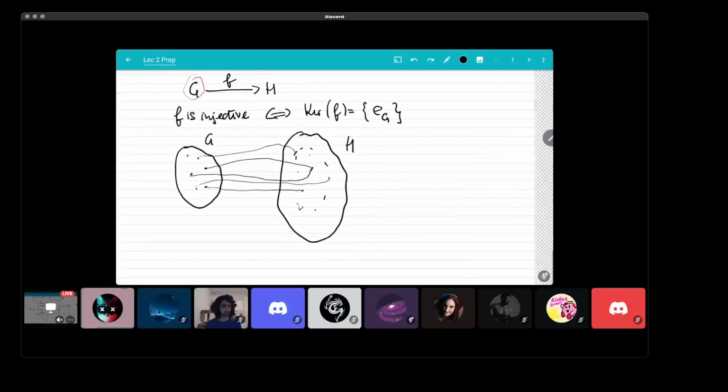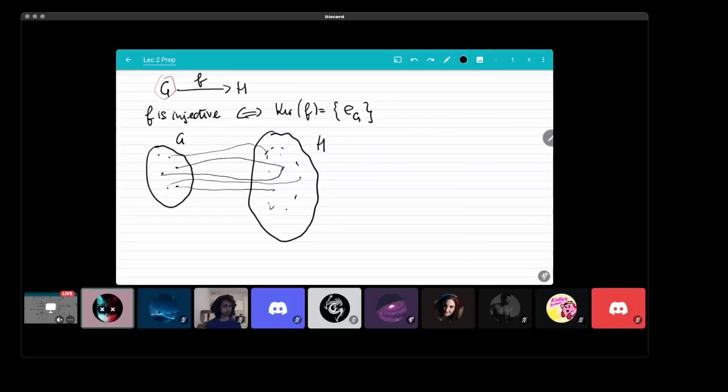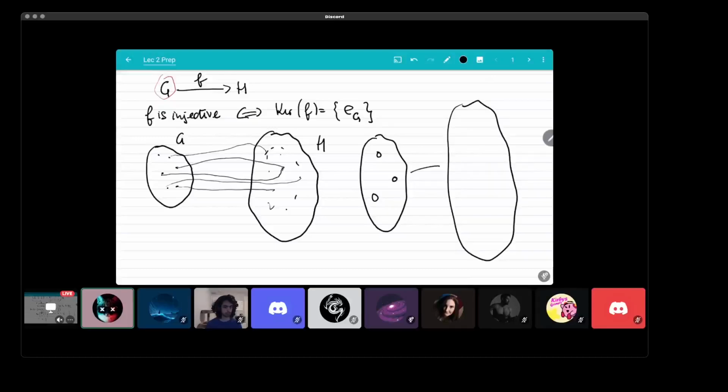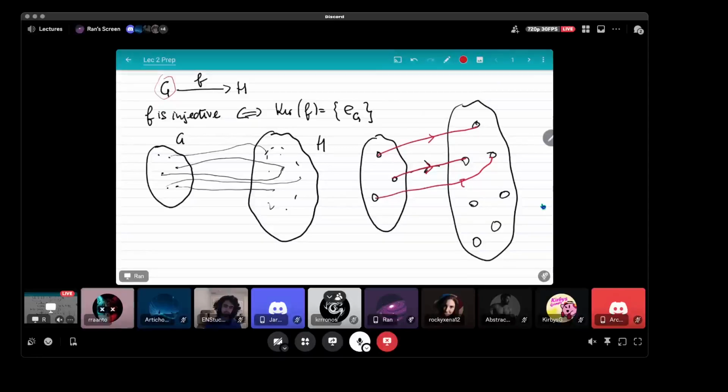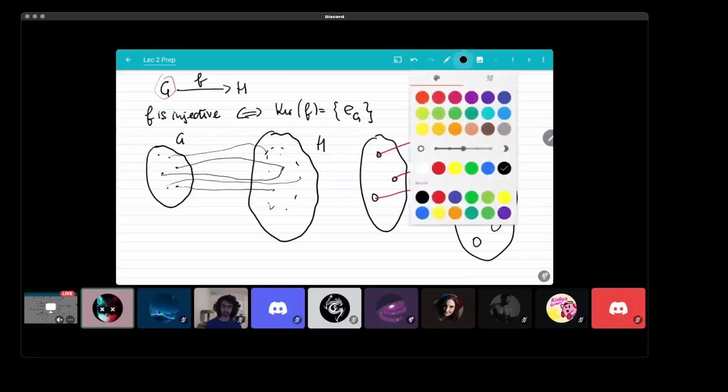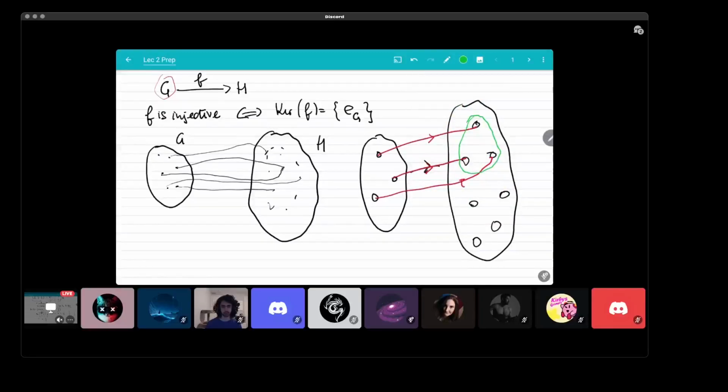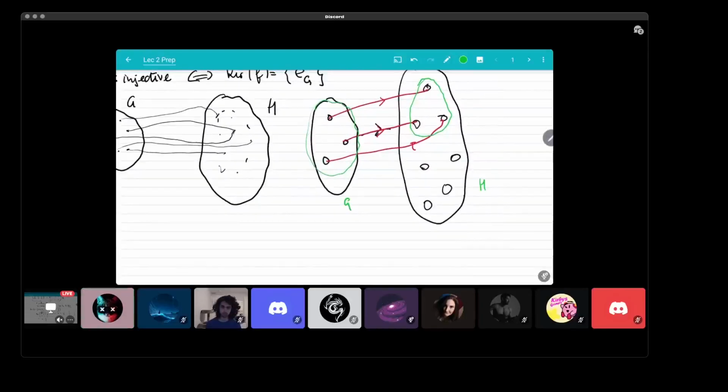Not that homomorphisms are only important when they're injective, but when they're injective, say a group with 3 elements with a homomorphism to a group with 7 elements, if we had an injective morphism like so, the image of G in H, which is these 3, looks like an exact copy of the original group, which is a subgroup of H. So actually, when the homomorphism is injective, it creates an isomorphism